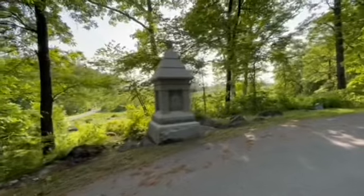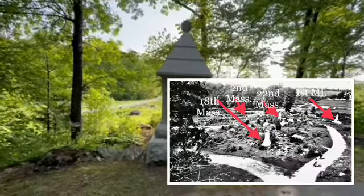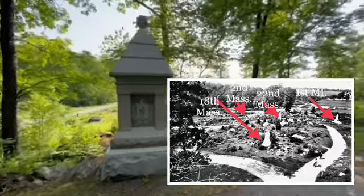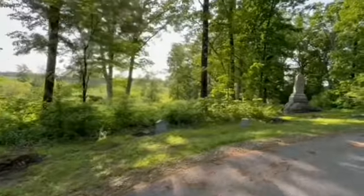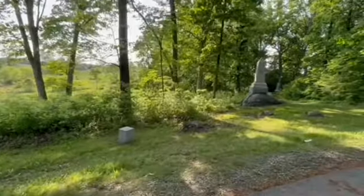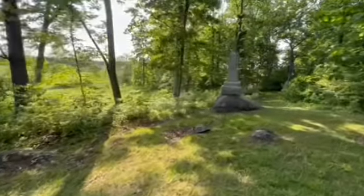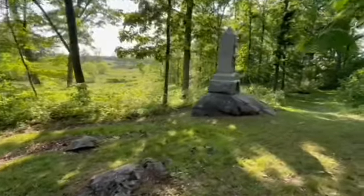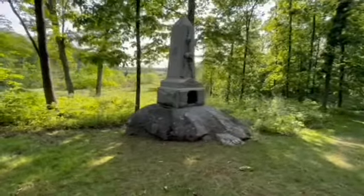We're going to take a closer look at each one of these monuments, and this one is to the 22nd Massachusetts Volunteers. And as I pan over here to the right, this is the monument that's at the extreme right of the photograph, which is the 1st Michigan Volunteers. This is the extreme right flank of William Tipton's photograph of Stony Hill, which was taken